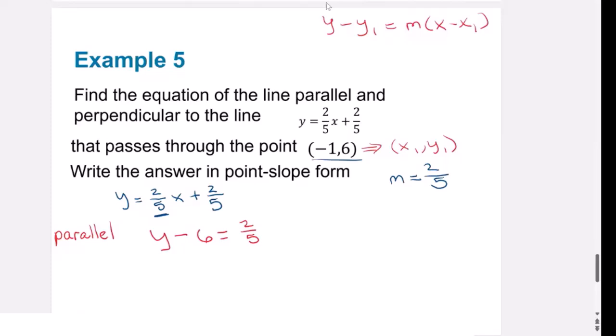So y minus 6 is equal to m 2/5, because this is the parallel one, times x minus -1 or +1. And that's it. If I want to find the line perpendicular,